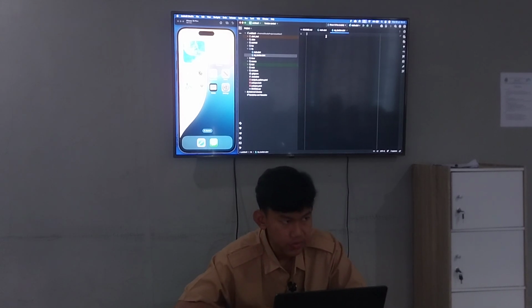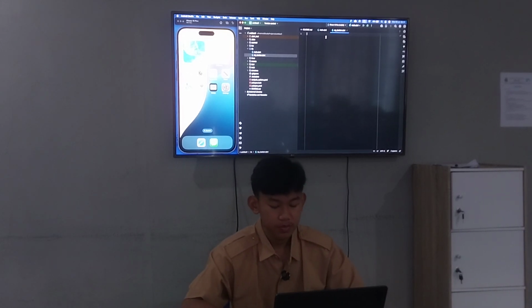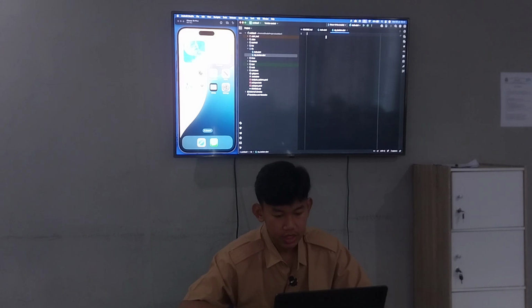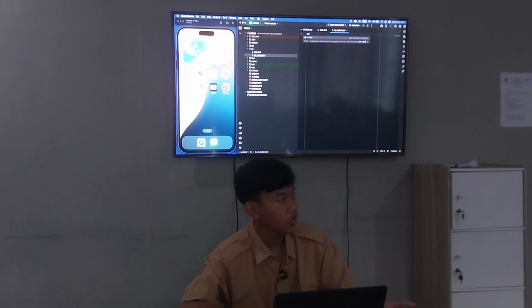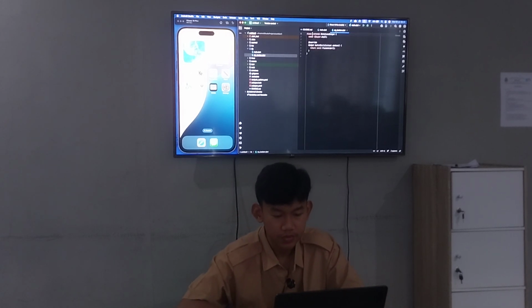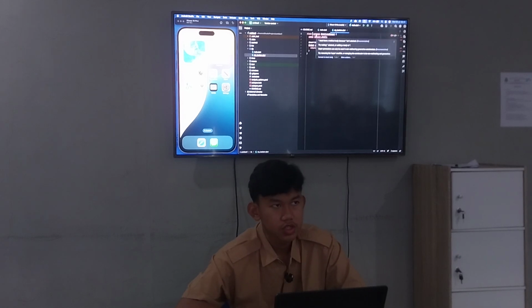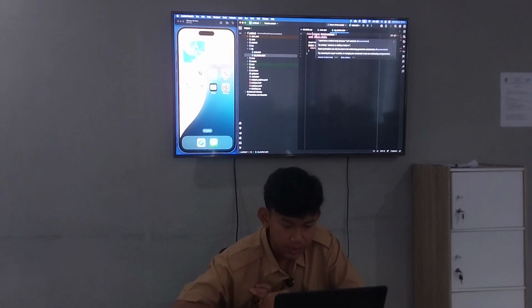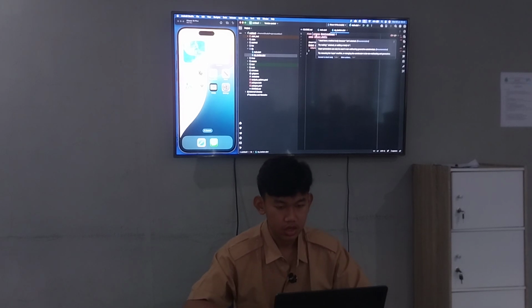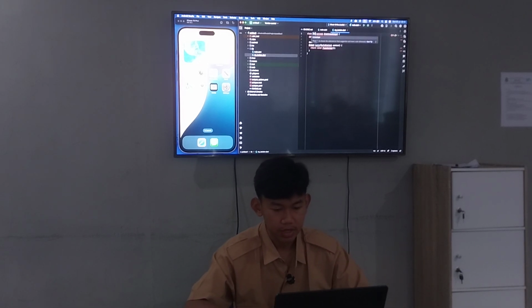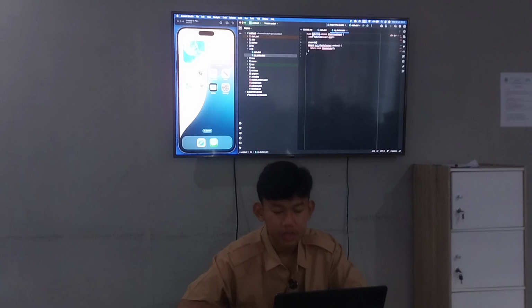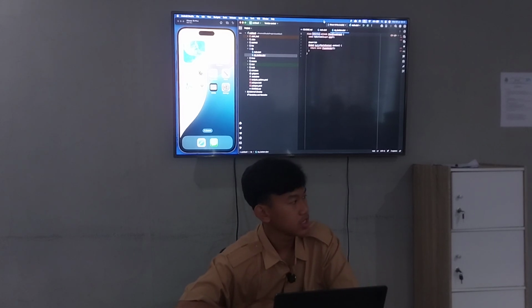Okay, the first step is type the code like STL or stateless. You can enter here, and this is the template of the widget code, and then you can type my button. This is the class name.